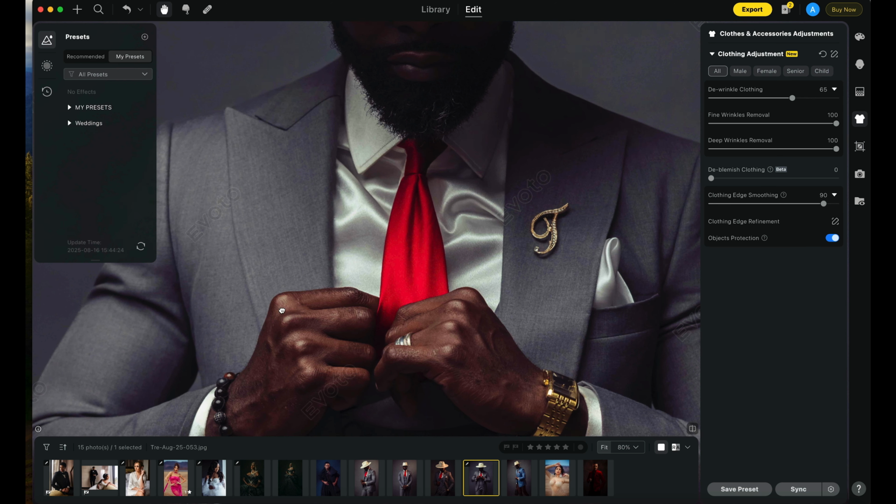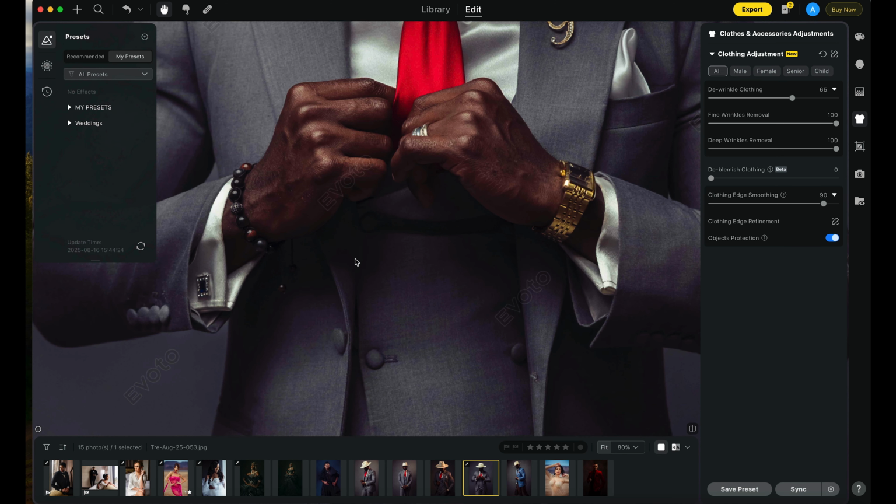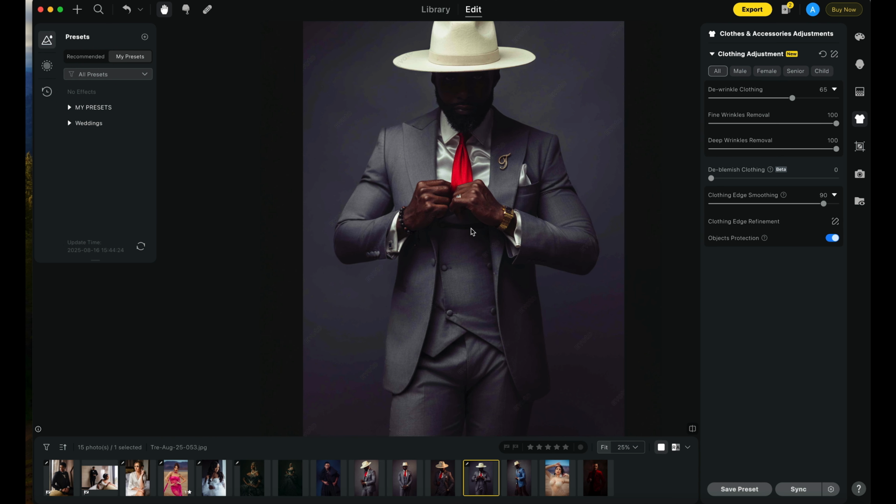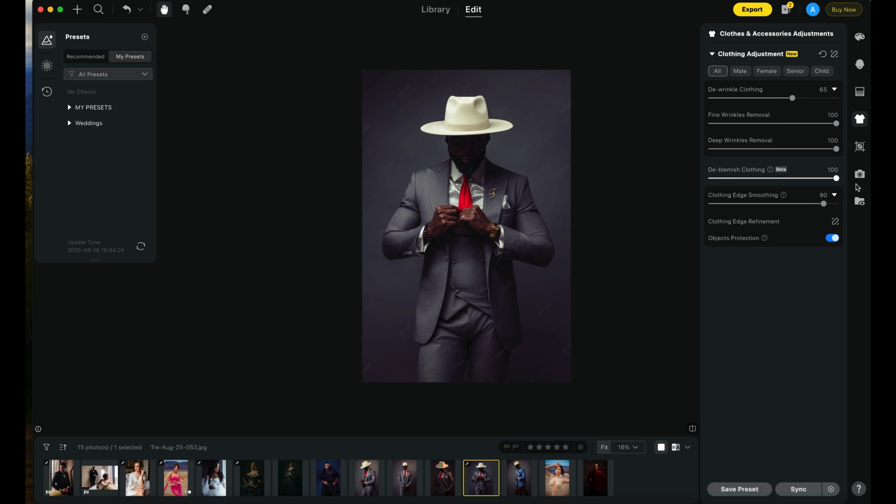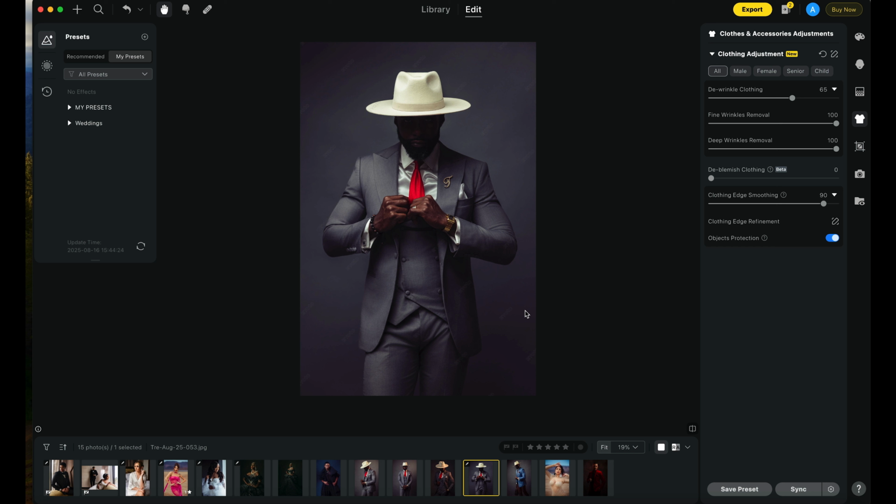This is a gray suit, so we won't really see anything that would require the De-Blemish. But yeah, while we're here, let's just pull it and see what happens. Just like I thought, nothing. But we were able to take his suit from looking like this to looking like this completely overall without a